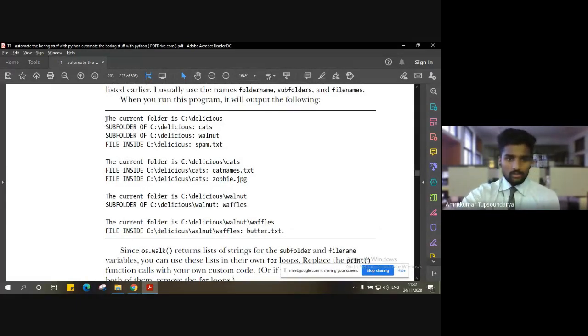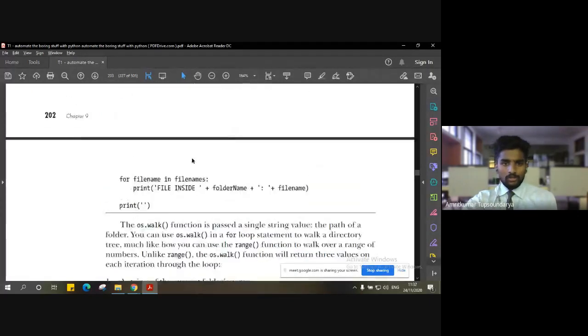For example, let's say you are in a folder named delicious, and you want to walk through the complete content of that whole tree.